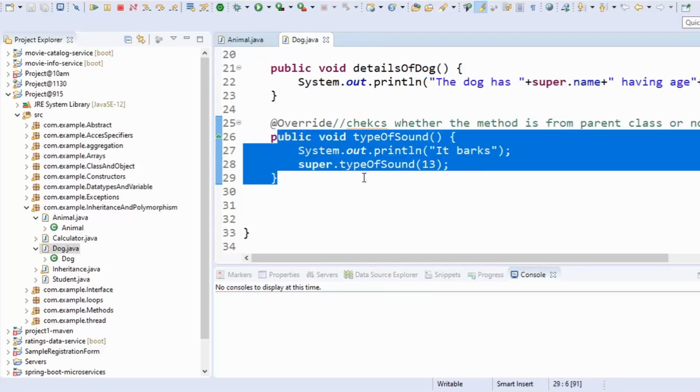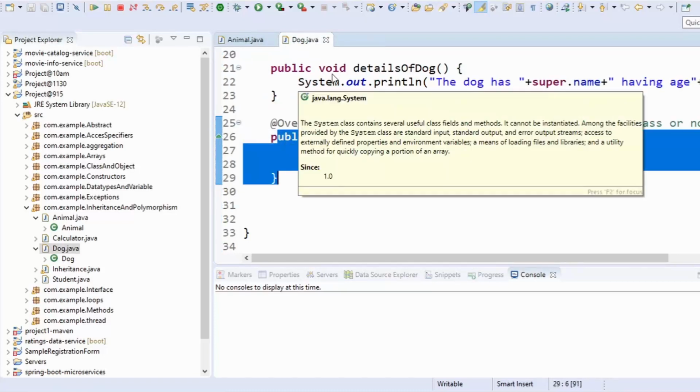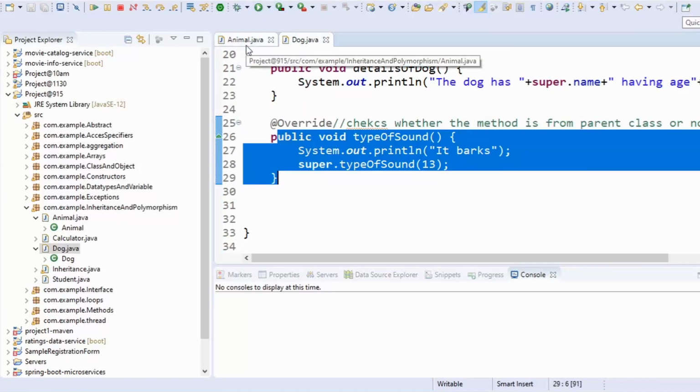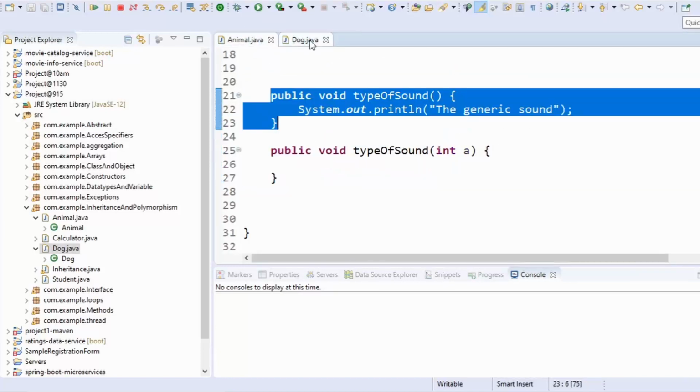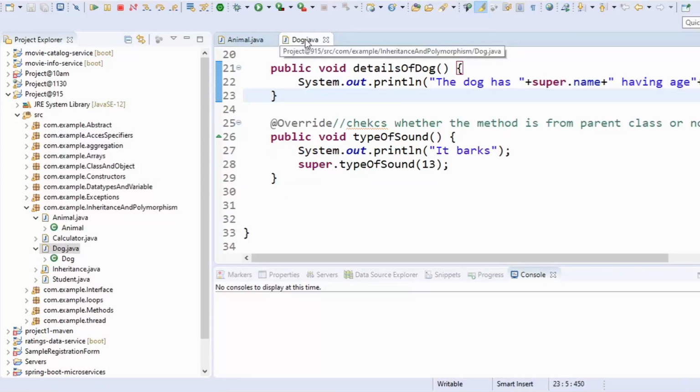So both classes have the same name as well as the same parameters, and still it's not throwing an error. This kind of example goes for method overriding, getting it? It always happens between a parent class, which is Animal, and a child class. A parent and a child class can have methods with the same method signature. That is what is called method overriding.